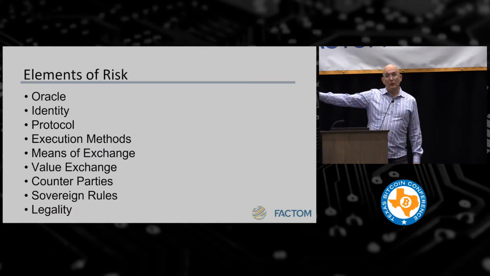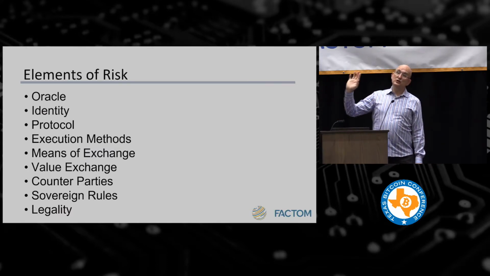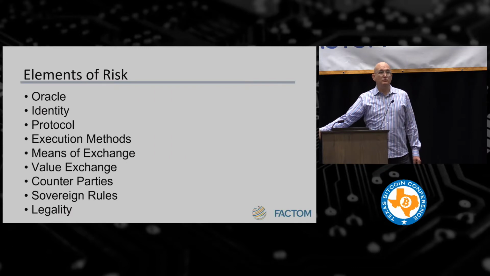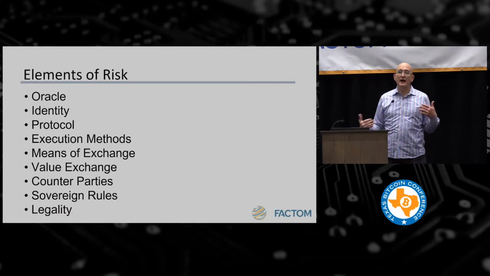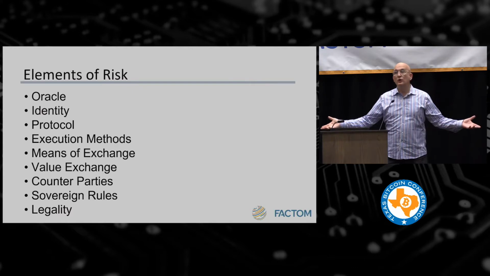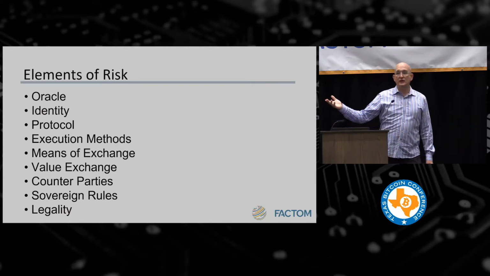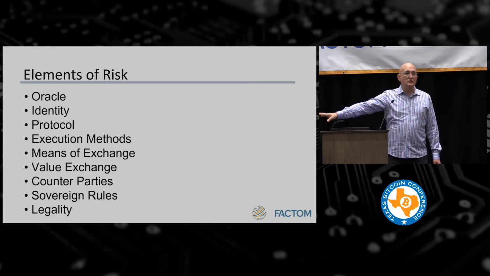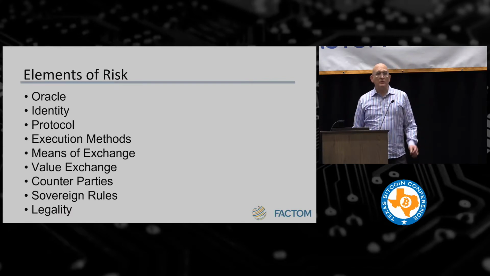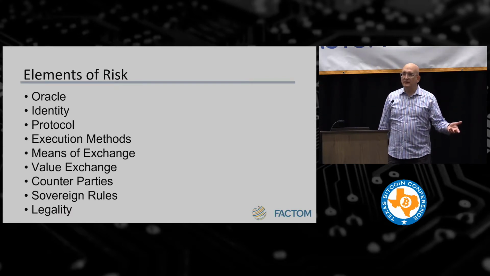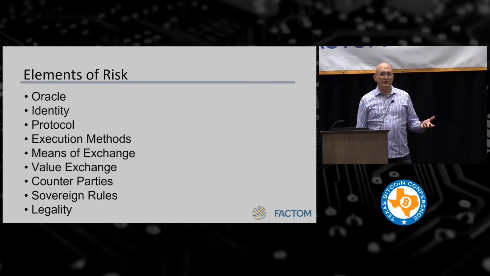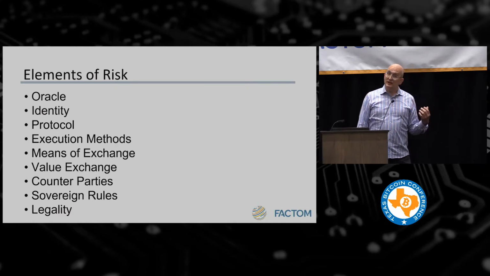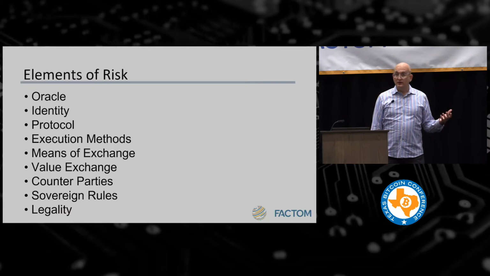So this is part of what we'll cover in a minute, when we try to insure a smart contract. Because if we're talking about a contract for millions of dollars, which is what we hope that smart contracts get adopted for, we hope that our industry is relevant to the world. And there are trillions and trillions of dollars that trade annually, right? And so the ability to have an oracle as a basis of decision is really important. So Washington State is taking some actions about this. There are a lot of interesting things going on, but choosing the right oracle in a contract can be very, very important.